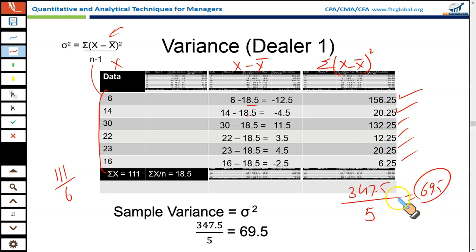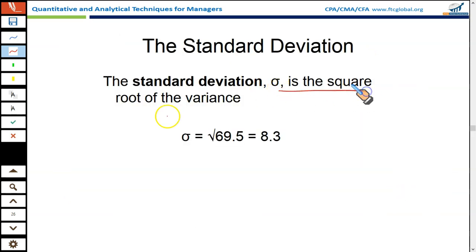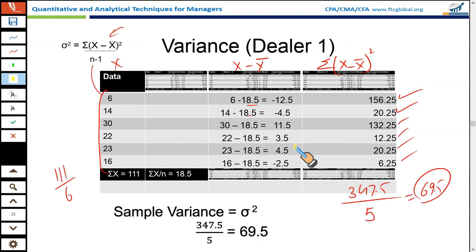It's just the square root of the variance. Standard deviation is the square root of the variance. So simply take the square root of the answer we got previously, and this is what you call the standard deviation. Then what's the difference between these two? Variance measures the average of the square differences from the mean, while the standard deviation is the square root of